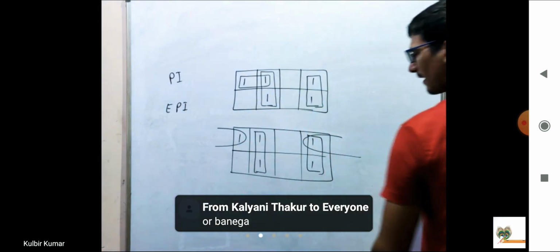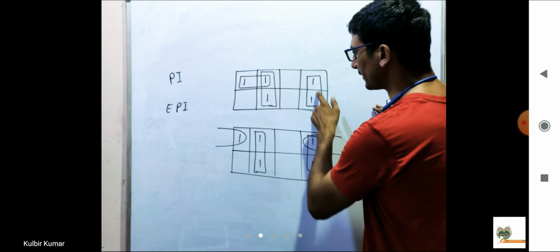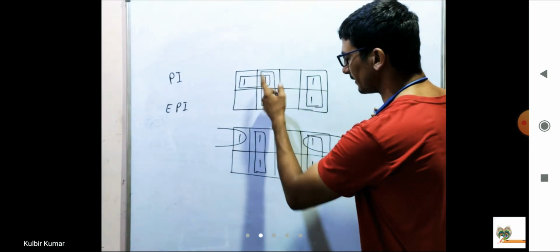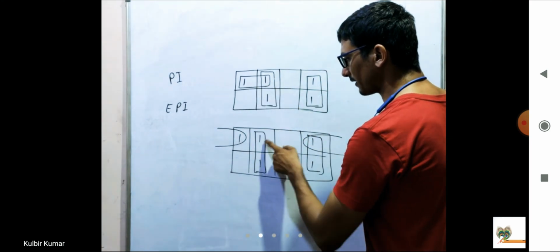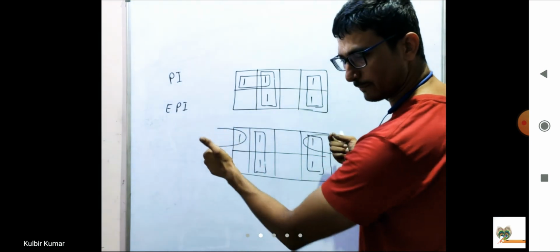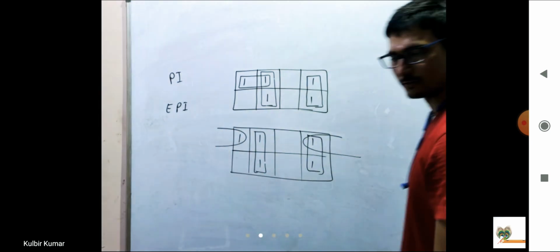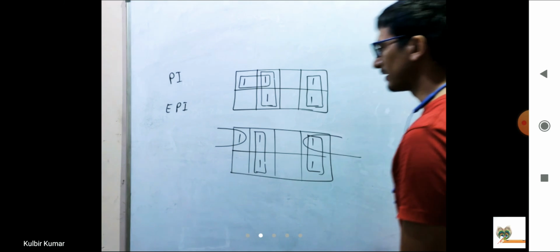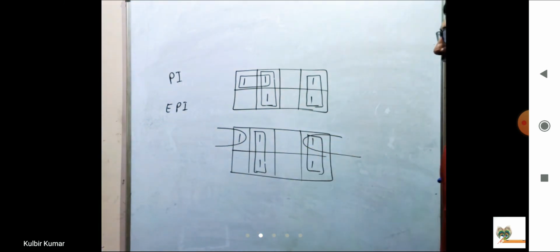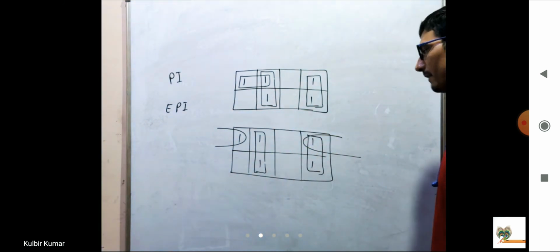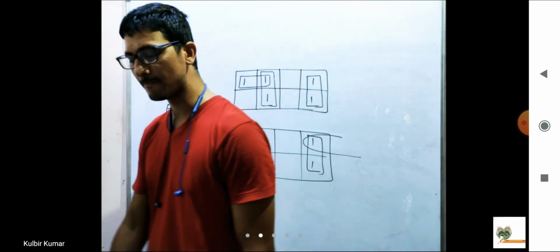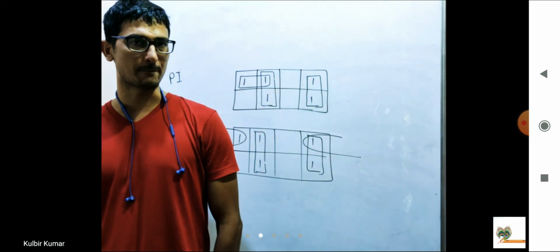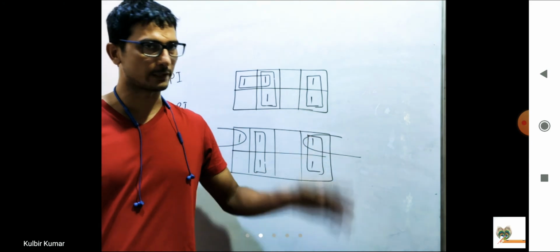Okay, so let us see what is happening. So I can create this pair, further this pair and this pair. Here also I can create this pair and this pair. Just by taking out corners only. That's it. Okay, so what is happening here? एक ही function के different type से pairing possible है. First of all, understand this thing. एक ही function की different type से pairing possible है. So I created two different types of pairing.